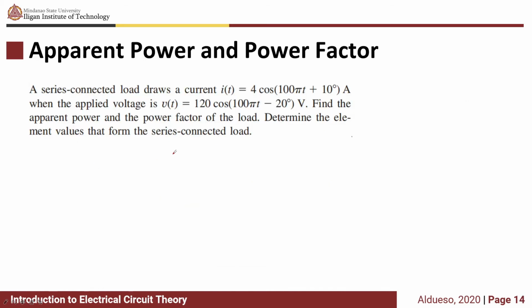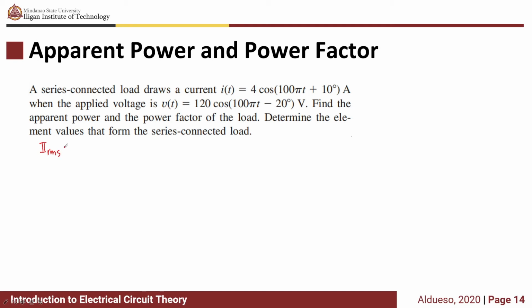So for example, a series connected load draws a current of 4 cosine 100 pi t plus 10 degrees amperes when the applied voltage is 120 cosine of 100 pi t minus 20 degrees volts. So find the apparent power and the power factor of the load, and then determine the element values that form the series connected load. So getting the RMS values of the current and voltage,